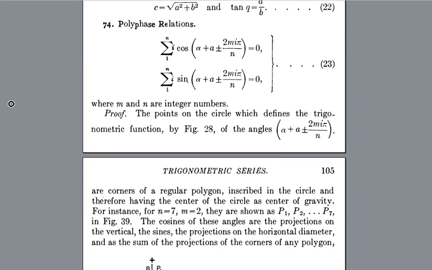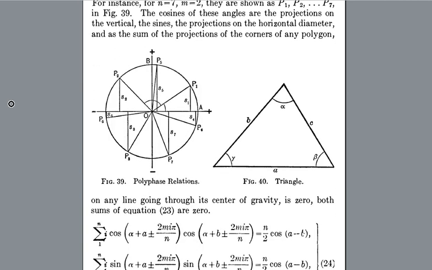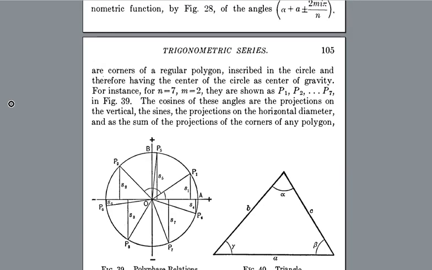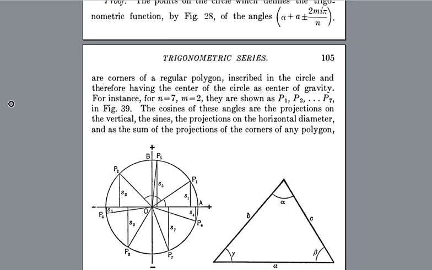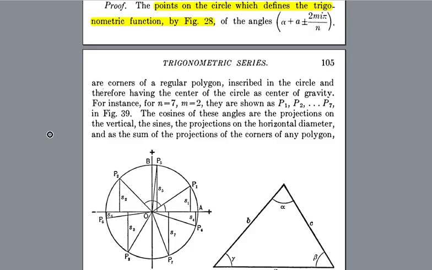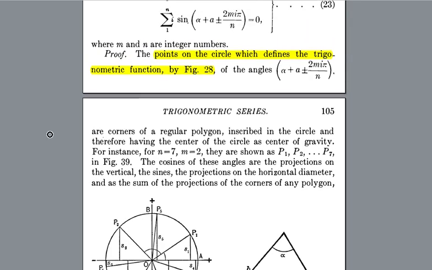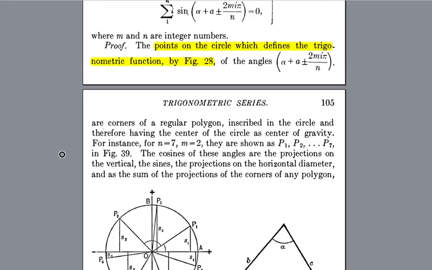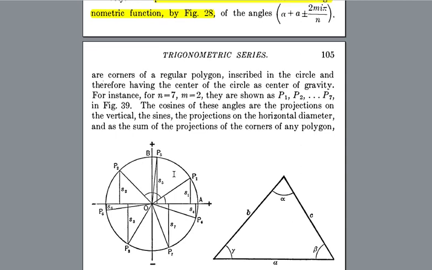Proof. The points on the circle corresponding to the trigonometric functions of the angles alpha plus A plus or minus 2 times I times pi divided by n, as depicted in figure 28. The points corresponding to the angles alpha plus A plus or minus 2 times m times I times pi divided by n, where I ranges from 1 to n, represent the vertices of a regular polygon inscribed in the circle as shown in figure 39. The center of the circle is also the center of gravity of this polygon. For example, when n equals 7 and m equals 2, the vertices are labeled as P1, P2, up to P7